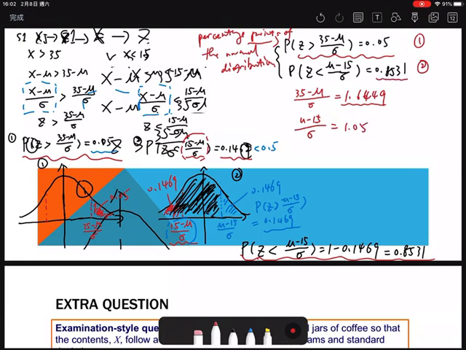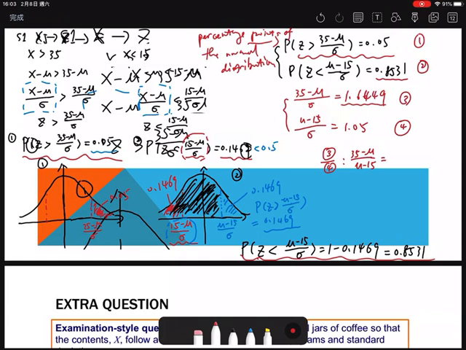So the probability is 0.8531 and the corresponding value of z is 1.05. Then mark this as 3 and this as 4, and we use 3 over 4. Why do we need to use division? Because it is very easy to cancel sigma, since sigma can be regarded as a common factor. So we can get that (35 minus mu) over (mu minus 15) equals